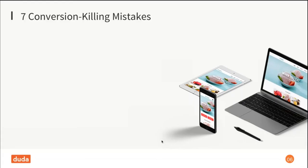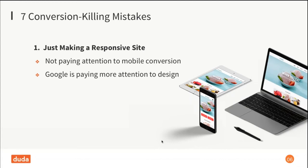So the first one is just making a site responsive. I think that a lot of people maybe just focus on making a website. Maybe if you're building a site with WordPress or using a responsive theme, you're really not paying close attention to mobile conversion, and this can be a huge mistake, especially for your client's revenue. Because just having a responsive theme alone isn't enough to really maximize conversion. You actually need to pay attention to that mobile user in order to really focus on getting that mobile conversion